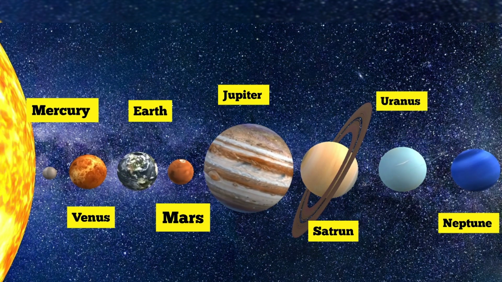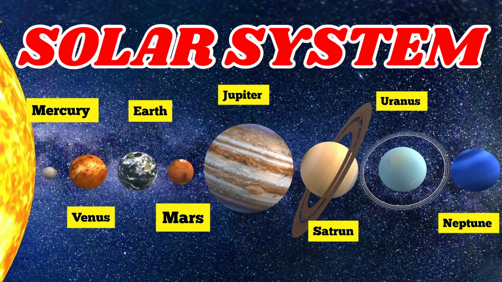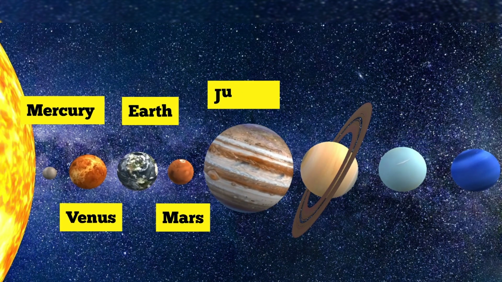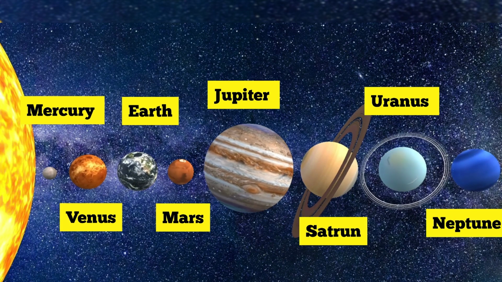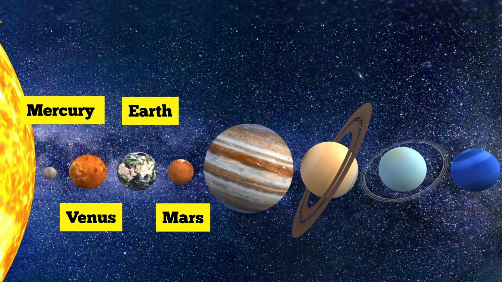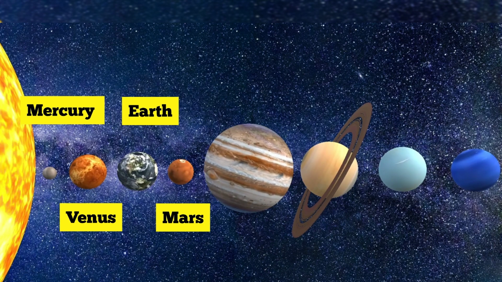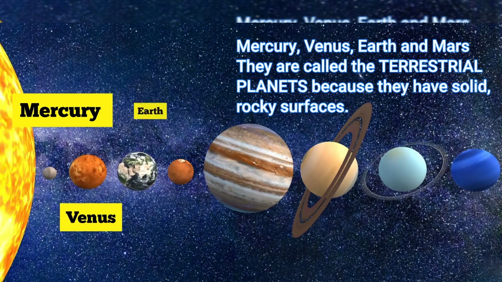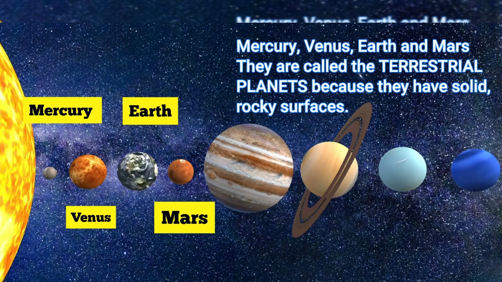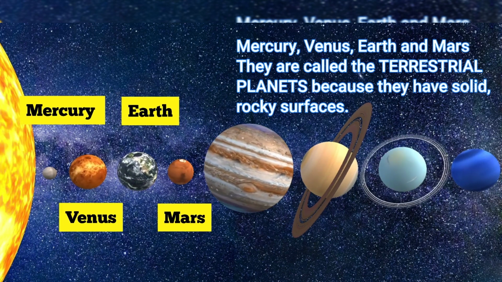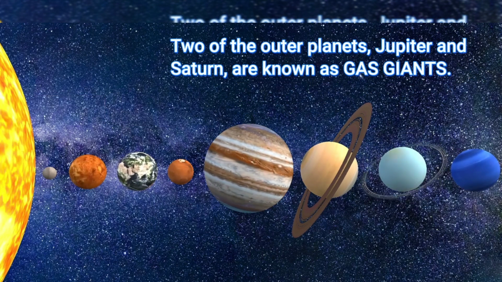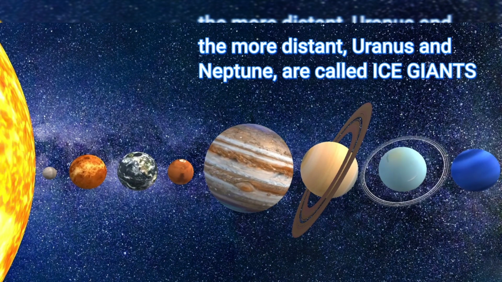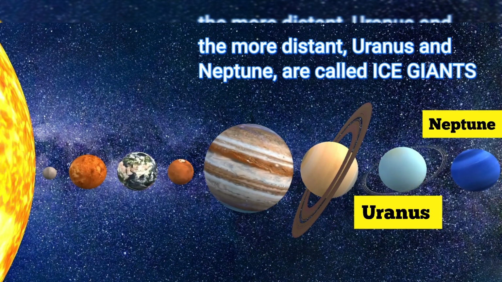In the order of their distances from the Sun, they are Mercury, Venus, Earth, Mars, Jupiter, Saturn, Uranus and Neptune. The first 4 planets in order of their distance from the Sun are Mercury, Venus, Earth and Mars. They are called the terrestrial planets because they have solid, rocky surfaces. 2 of the outer planets, Jupiter and Saturn, are known as gas giants, whereas the more distant, Uranus and Neptune,